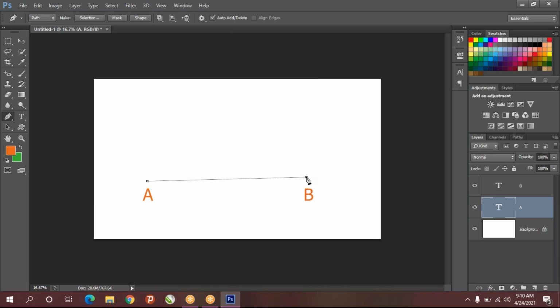For the second point, if we click and drag, it will get bent. See, where you are dragging, that means where the mouse cursor is, to the opposite direction the curve will get bent. And you can see that if you move this side, the curve will bend in the opposite direction.